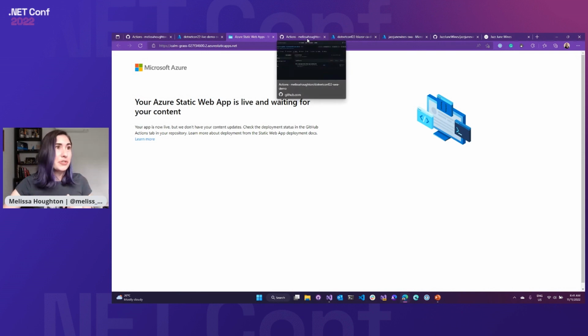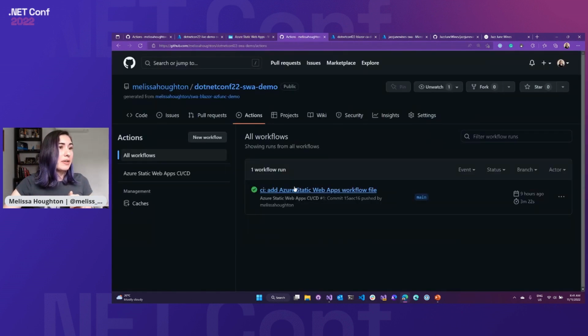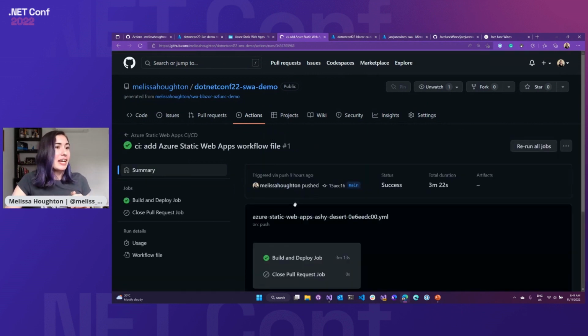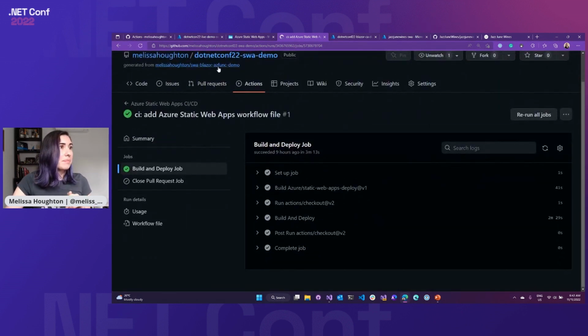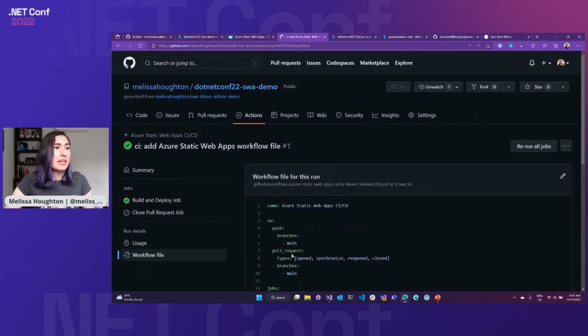So I'm going to head over to one that's finished from just another copy of the same repository, but the action's already finished running. And I can see that it's worked here. And within that, we can also look at the workflow file, and it's the same exact thing.